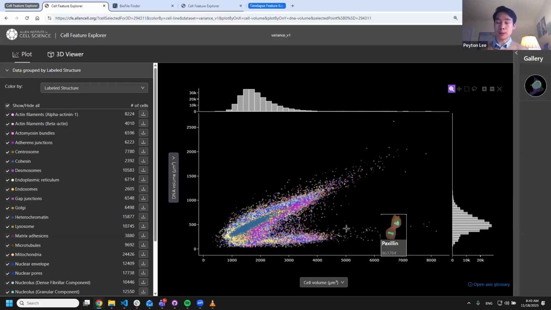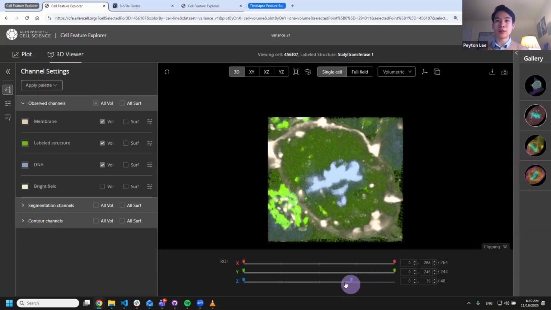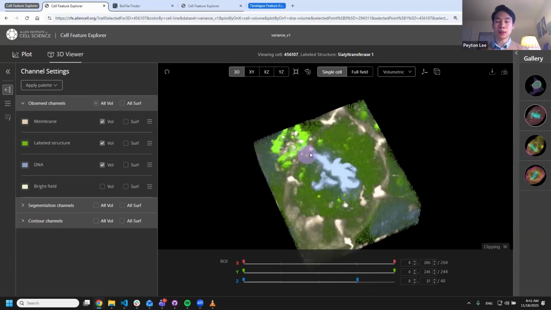And so maybe I'm interested in that. I can actually sample a few cells out of here by clicking. You'll see that they update on the right side in this thumbnail. And if I start looking at some of these cells, you'll notice that we've popped over into Volley, which is integrated into CFE, so you have all of those really nice volume controls. If I split here, we can see that this DNA is starting to condense. And if I look across all of these cells that I've selected, which are all in that lower lobe,